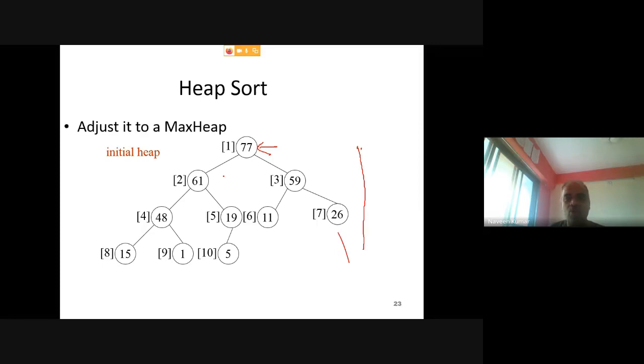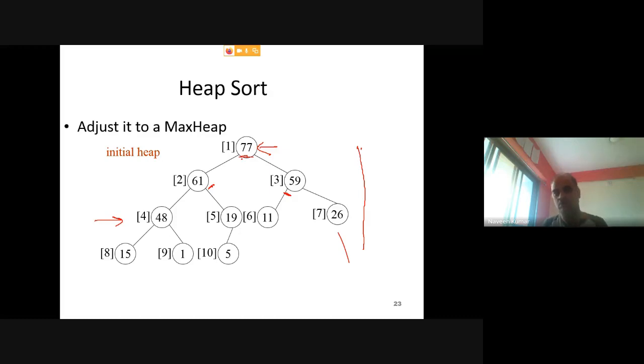You don't know the position of other elements. The second largest can be this, or the second largest can be this. The third largest will be one of the remaining ones. The fourth largest will be one of these four, right? So for the other elements you cannot be very sure, but you are very sure about this root element.